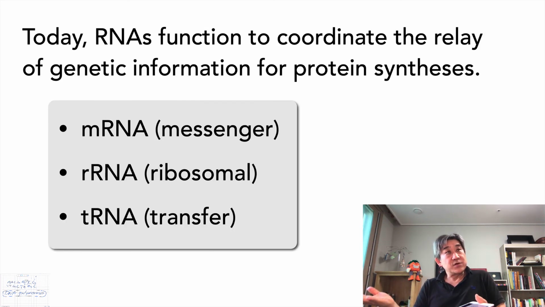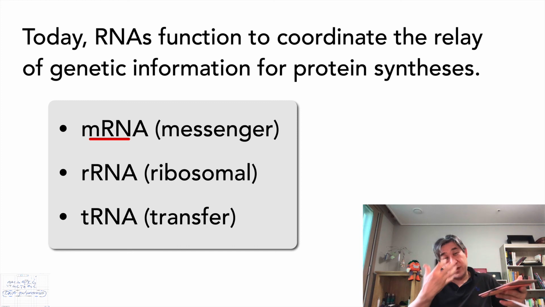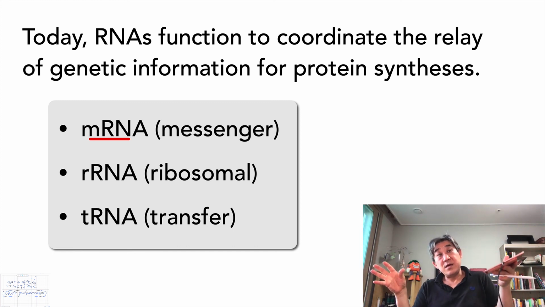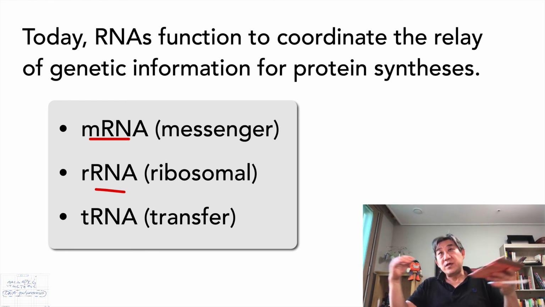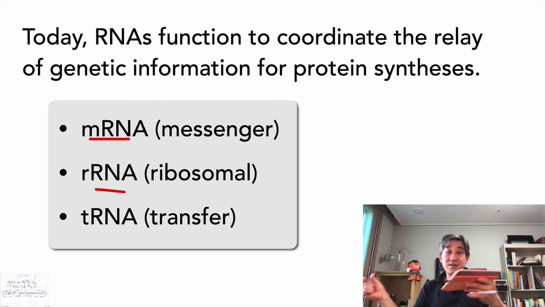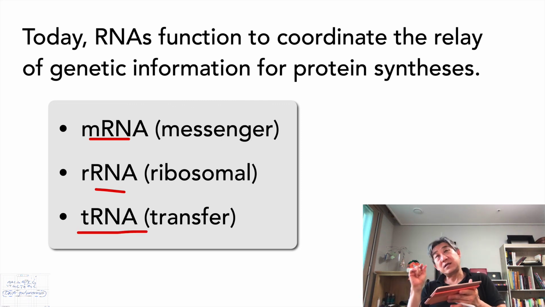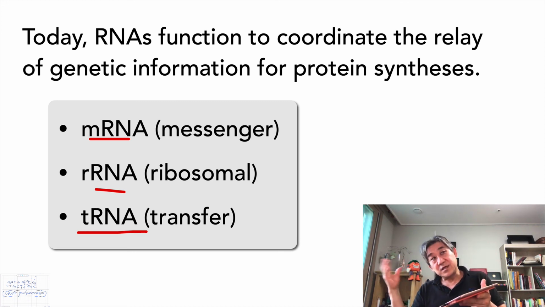So these days RNA is only performing the second fiddle, the supporting role. Some types of RNA act as messenger RNA, which is carrying the copy of some portion of the DNA, and some other types of RNAs are found in the ribosome. Ribosomes are, by the way, that big structure within which protein synthesis is taking place. And transfer RNAs, on the other hand, are the individual small RNAs that carry individual amino acids. Each different amino acid is carried by the transfer RNA.